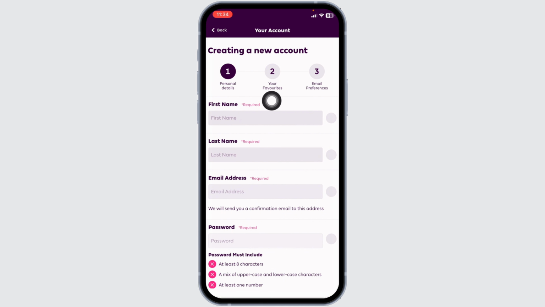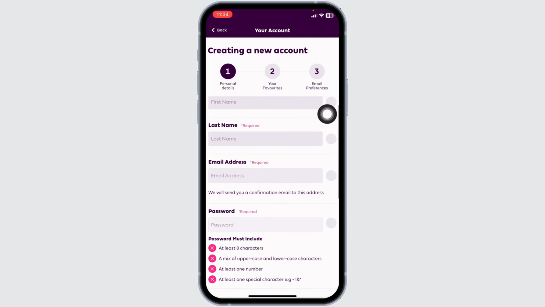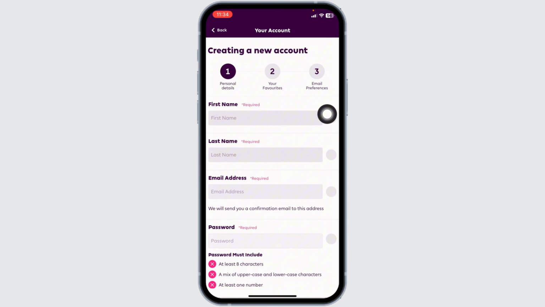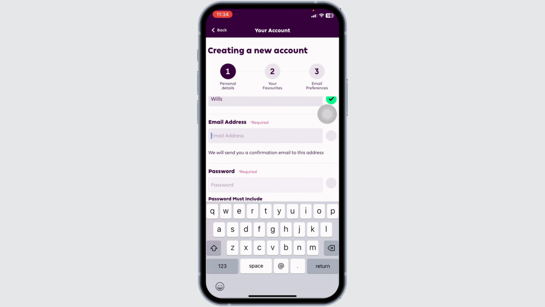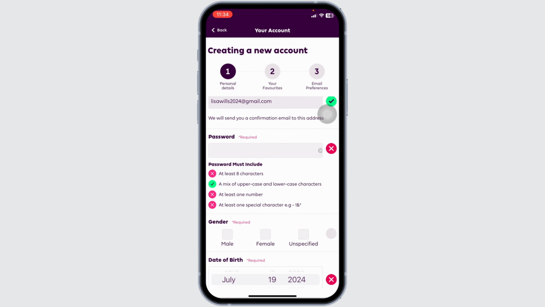Now you have to complete these steps: personal details, your favorites, and email preferences. First up, you have to complete this personal details section. So go ahead and type in your first name, type in your last name, provide your email address, generate a password for your account,